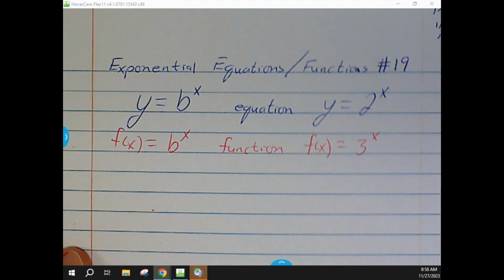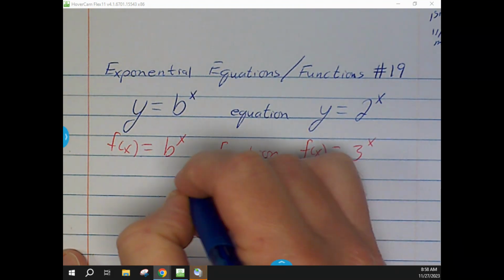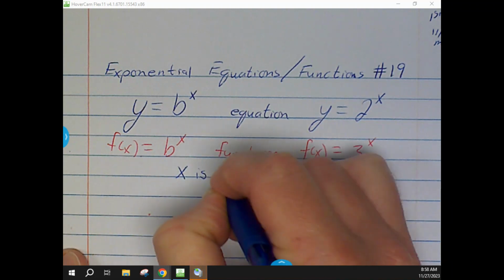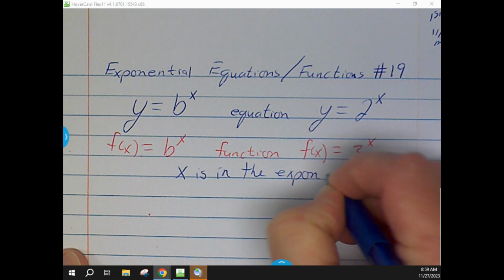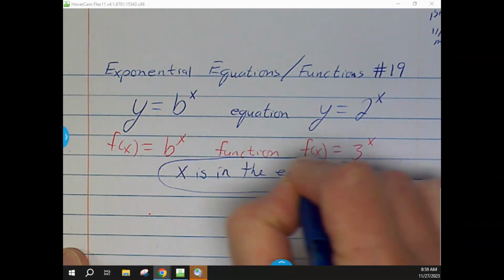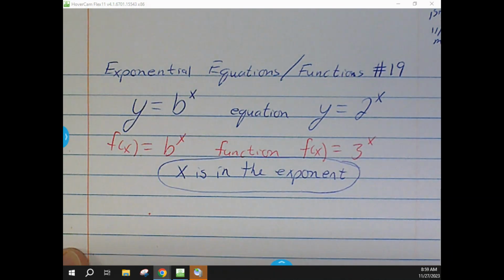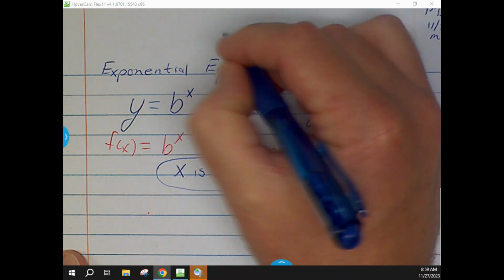The big difference from everything else we've been doing is that with exponentials, notice that in this case your x is in the exponent. And that's the big change that we're looking at for this chapter, for this unit that we're going through, is that everything we had done before,